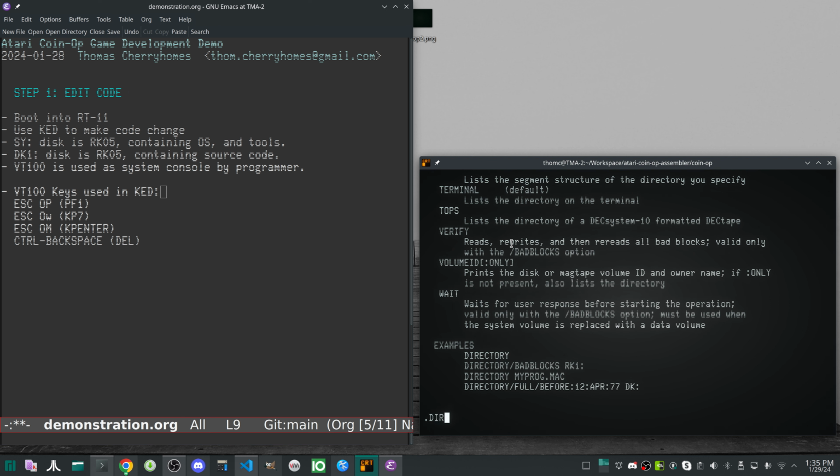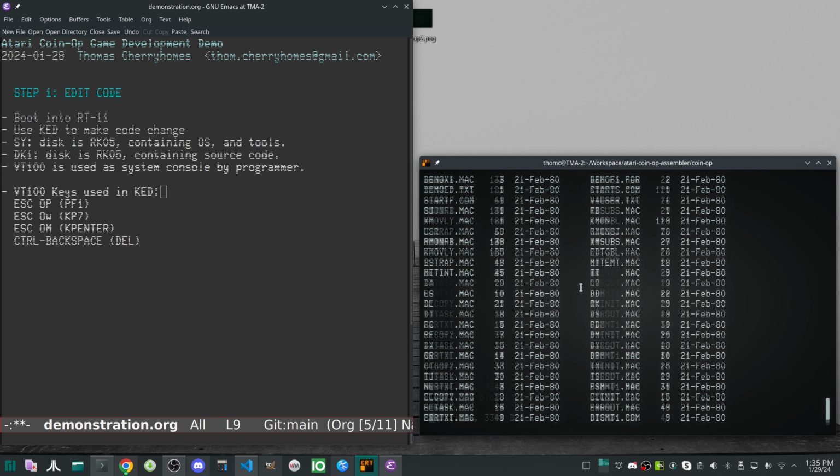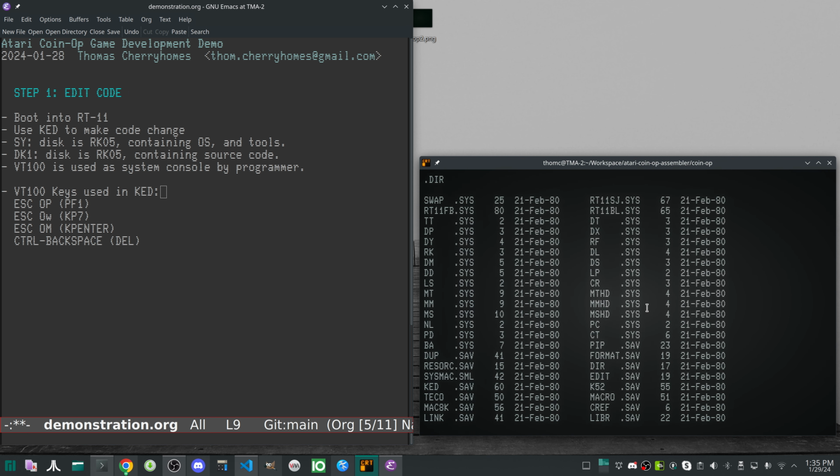But in our case, I'm going to take a quick little look around the file system to show what we have here. If we do a directory right now, DK is pointed at the system drive. DK is the default disk volume. And yes, I'm going to cheat here a little bit. We've got some scroll back. We don't have this on a real VT100 terminal. This is one reason why a lot of system consoles back in the day actually used teleprinter terminals instead of glass terminals. So we have basically a directory of the system disk with all the system files,